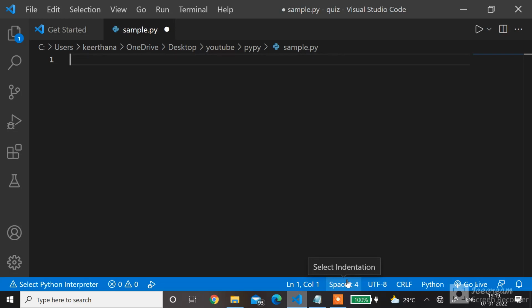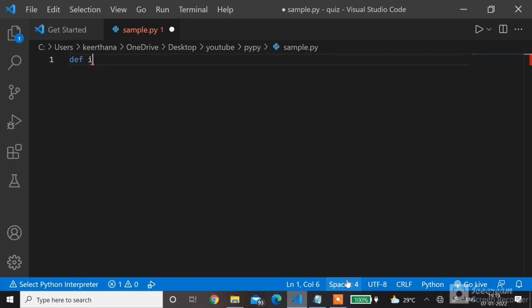Now I am going to do an addition operation using a function. In Python, the def keyword is used to define a function. When the def keyword is read by the interpreter, it understands that the following code is a function, followed by any name. I would like to use input, but I could not use it because input is a keyword in Python. Keep in mind that you cannot use a keyword as a method name.